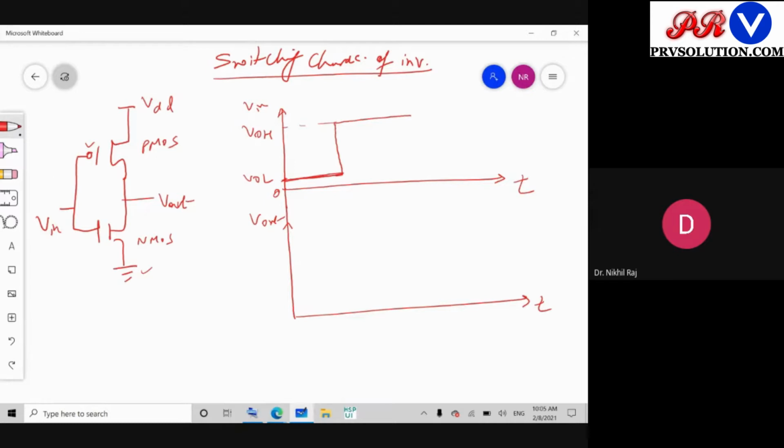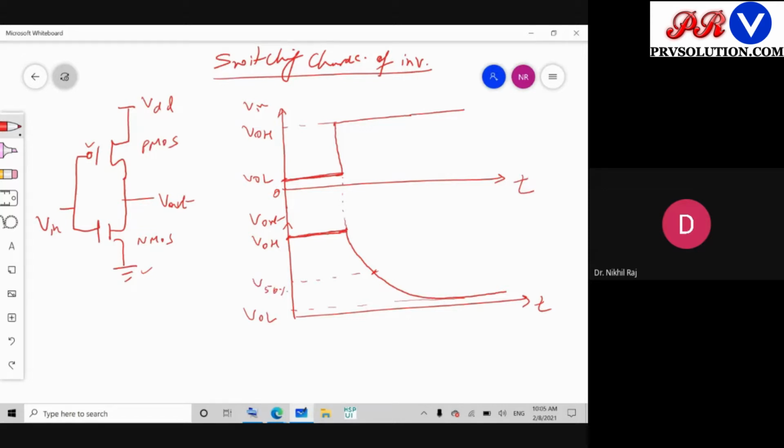Now what about the graph? When V in is low, the output will be high till here. After that, once the input goes to high state, the output will start decaying, and after certain time it will get a stabilized value of logic 0. Okay, so this is the case. So now what will be this point? This point will be high, and at the bottom this point will be low, and somewhere here in between this will be your